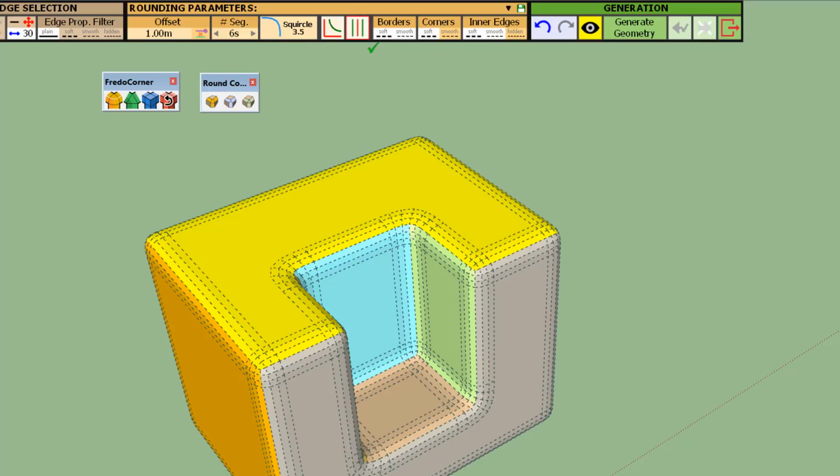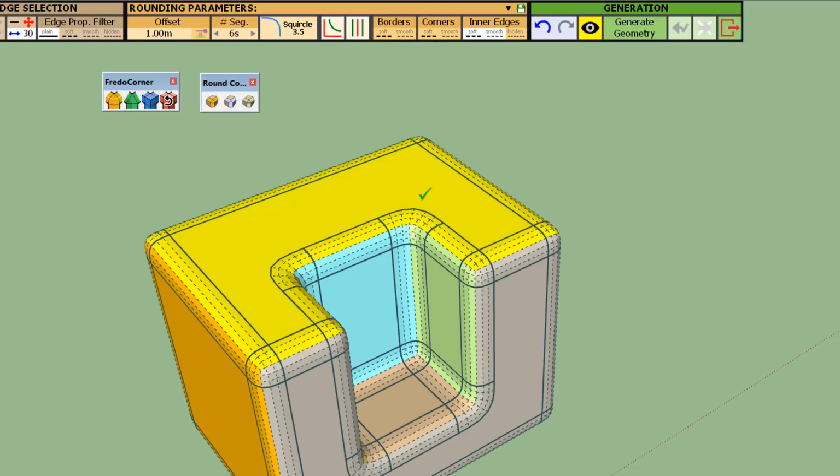if I remove the roundings, strict offset here doesn't matter too much. The borders, so you can see the effect of the borders. So for example here, I put everything except the inner edges in plain.